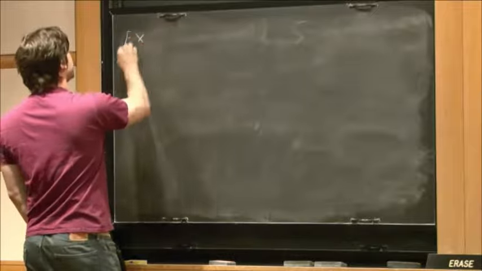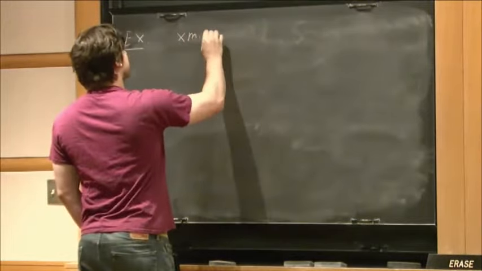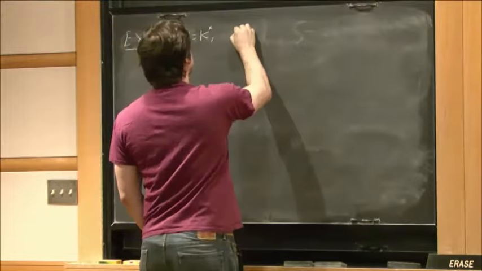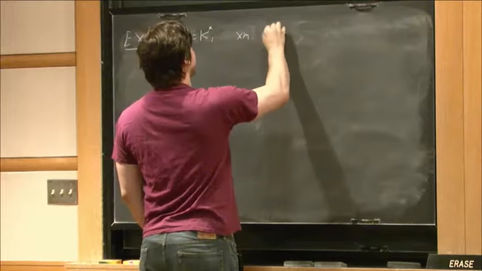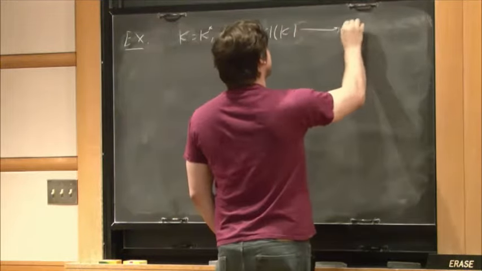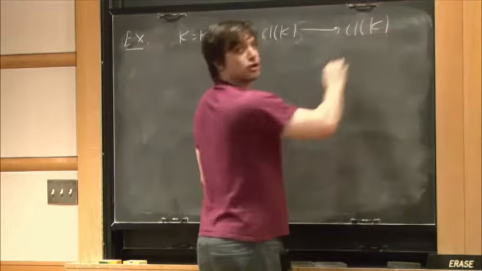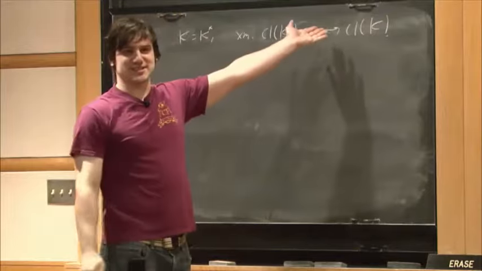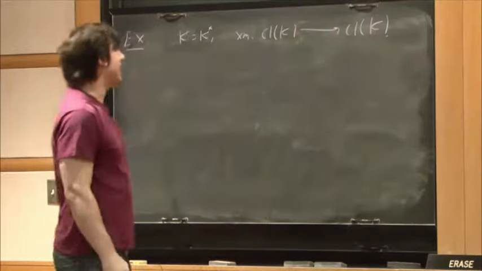And so here's a hypothetical example, which you can imagine showing up there. The reciprocity map, so in this example, K equals K star. And the reciprocity map is just the multiplication by M map from the class group of K to itself. In some sense, this is the simplest you could hope for it to be.